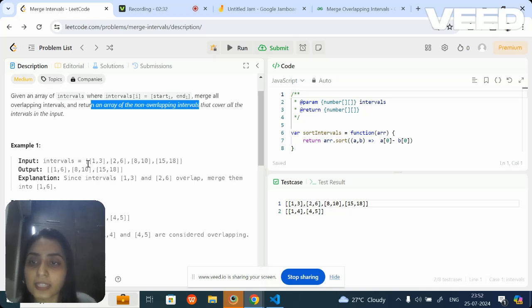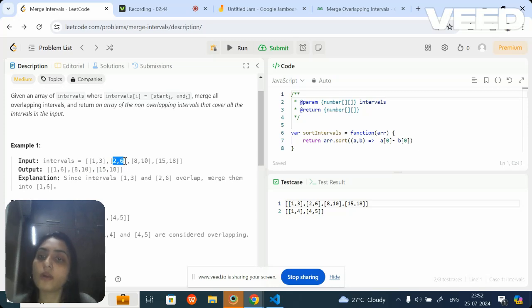If you carefully see over here, you start with 1, 2, 3. This is your first interval. And then your second interval starts from 2, 3, 4, 5, 6. So in both of the cases, 2 will be common, and therefore these two arrays will be overlapping intervals.